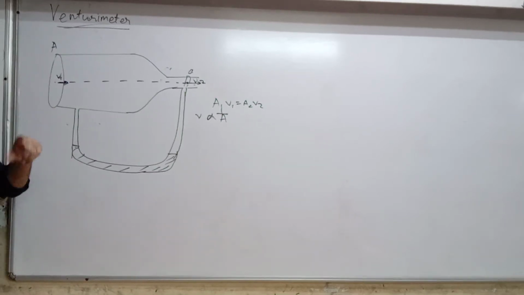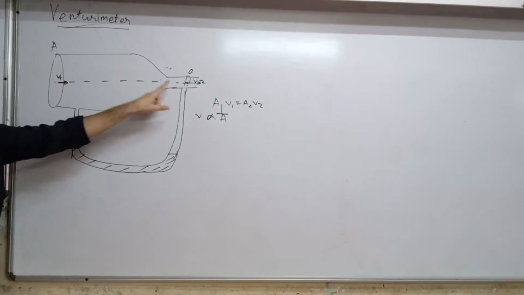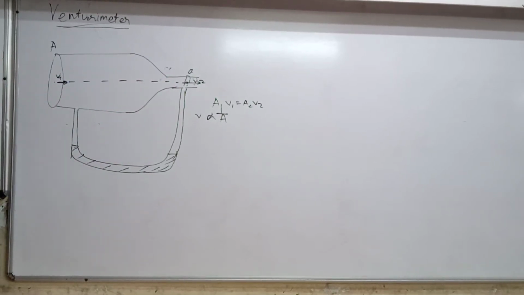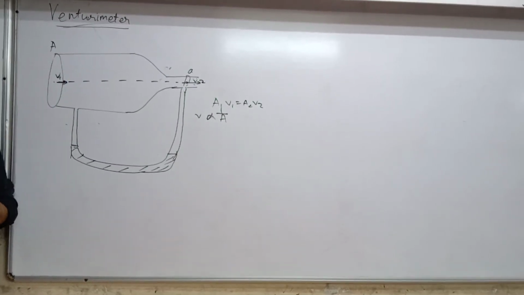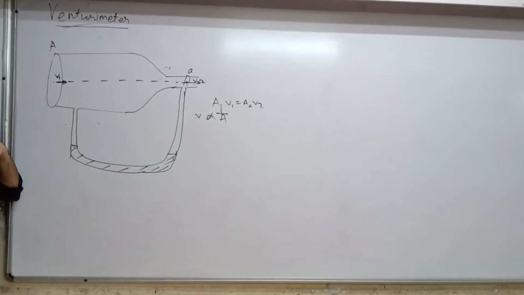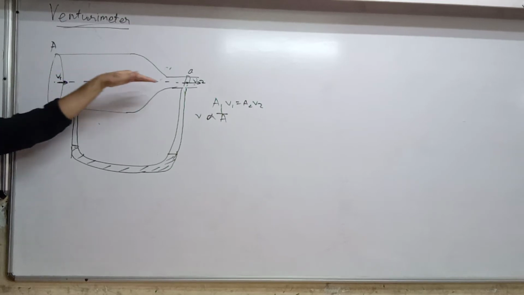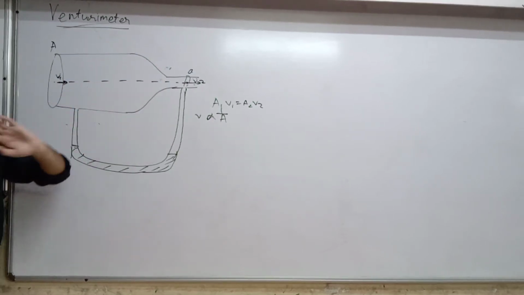Now the next question. Your speed is more here, less there. At which point, 1 or 2, is the pressure more? V1 is not a point, point 1. Is point 1 pressure more? Who says so? Raise your hand. Who says that at point 1 pressure is more? Even though these are at equal height. Okay, who says pressure at P2 is more? I mean, the second point.